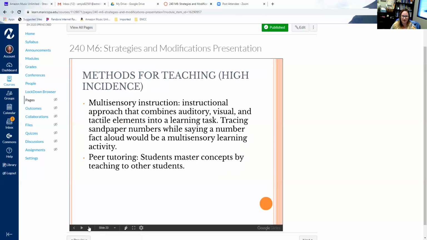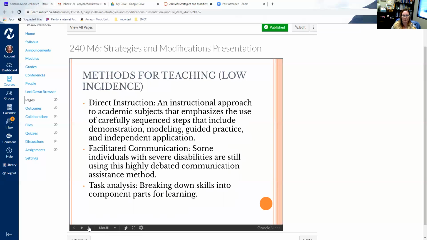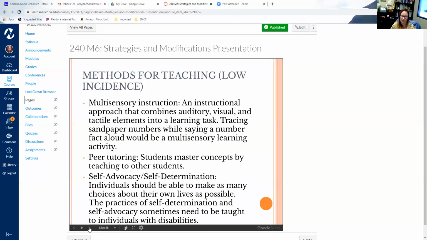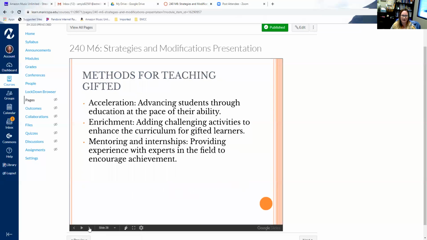And then there's also some methods of instruction for low incidence. So low incidence is something that doesn't happen as often in the population. So, something like maybe Down syndrome doesn't happen as much in the population as somebody having a learning disability. So it's of lower incidence. Some of these strategies for teaching are very similar. Some of them are different. So each one has a little summary for you. And then within the module,